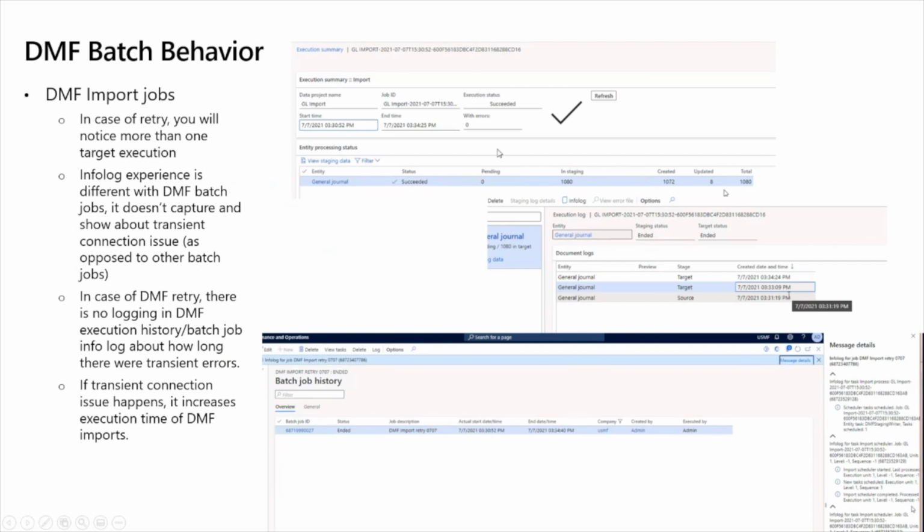So you can see here in the one load, I have 2 staging to target, and that is because of the failure. That's kind of an explanation on the increased time in the data load. That's the behavior that we are seeing in the DMF.